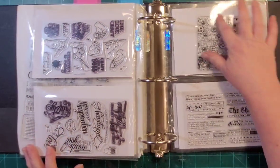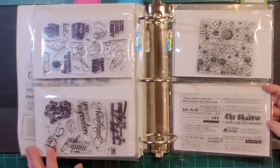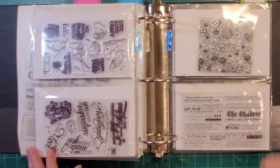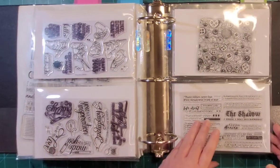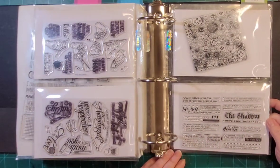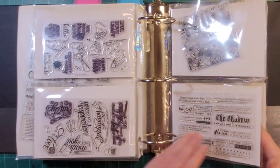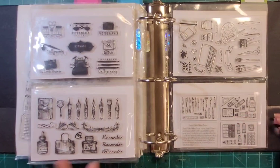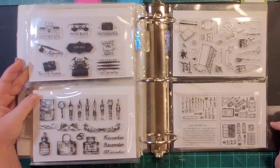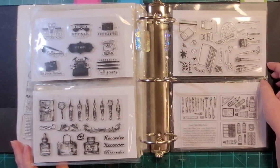Then I just have a buttons stamp. These are like words, and I almost got rid of it, but then I was like, oh, I might use it at some point, so I stuck it in here. It really should probably go in the book section, but for right now it's here because it came with the writing sets. And then we've got paints,